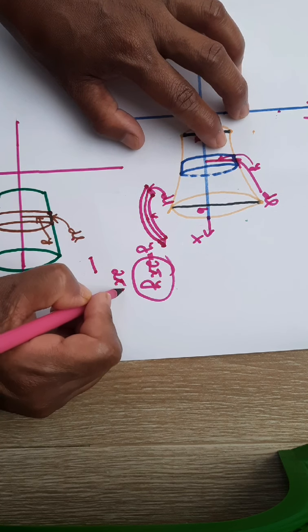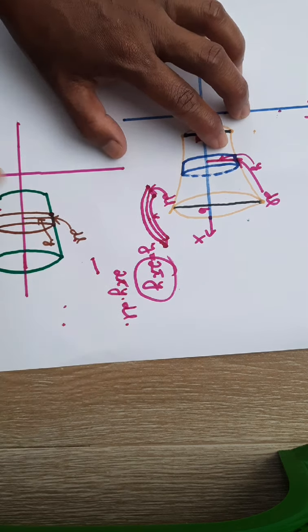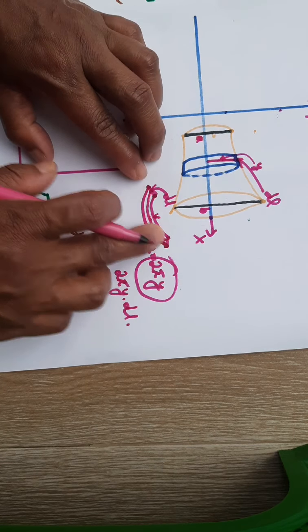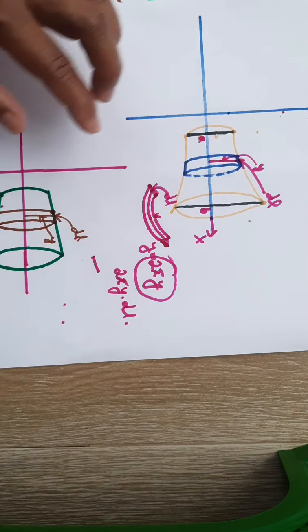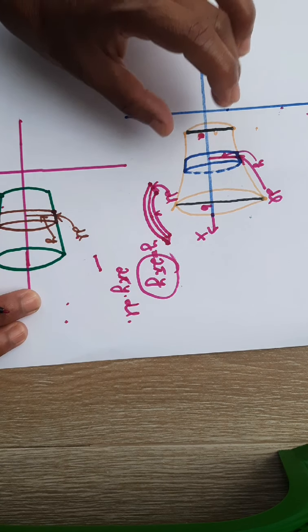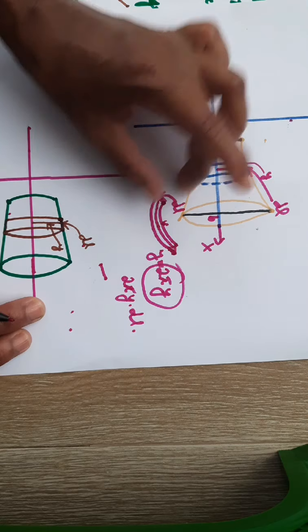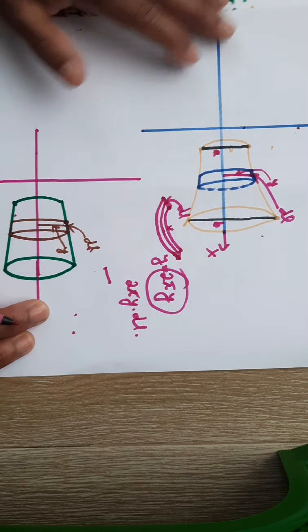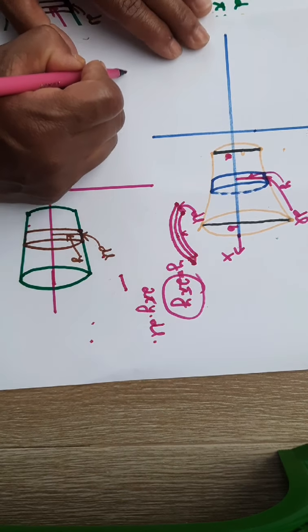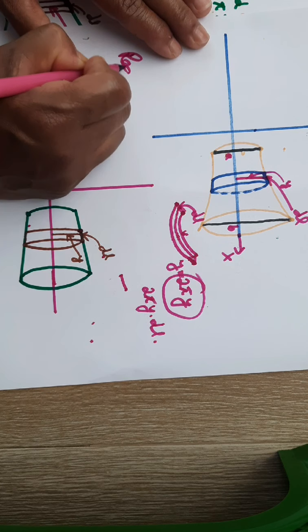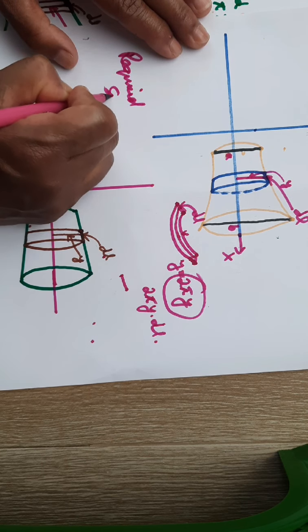So it will be twice pi y into dl. So this will be the area of this band only, that means this portion. But now since we are to calculate the surface area of this whole solid after rotating it about the x-axis, in that case what will be the total area? The required surface area